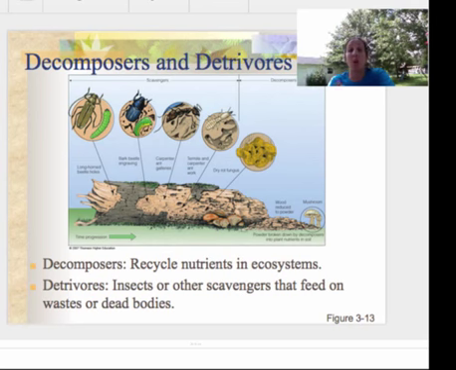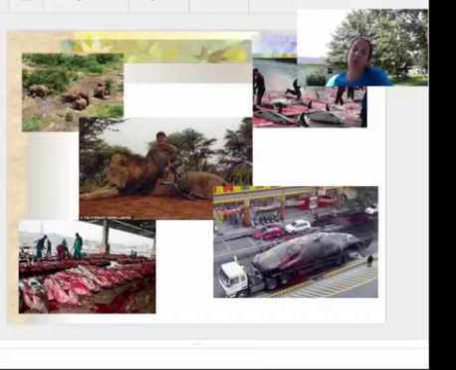Then we also have overexploitation. This next slide is a bit graphic, but I wanted to show you some things that are happening within our ecosystem, where we're overexploiting. Animals are being wiped out completely. The biggest one that people aren't even thinking of is down left right here, which is sharks. The shark population is decreasing because people are killing them for their fins, for shark fin soup. This is happening in China and Japan.